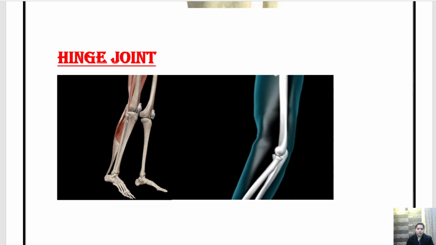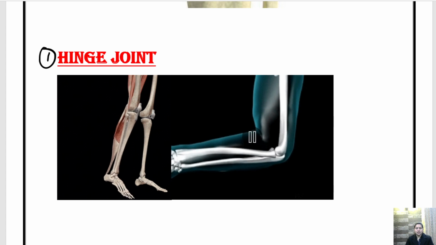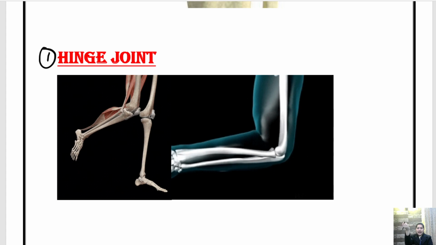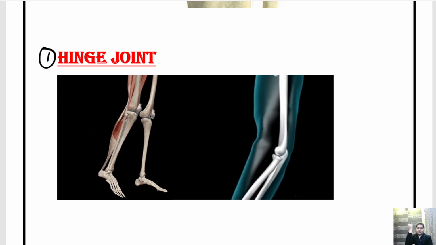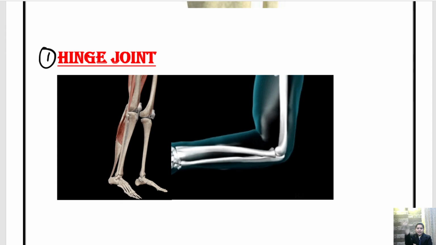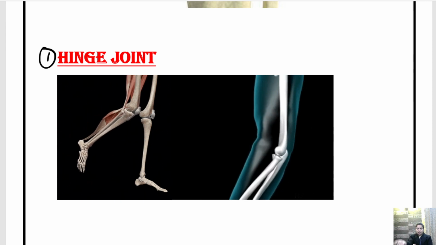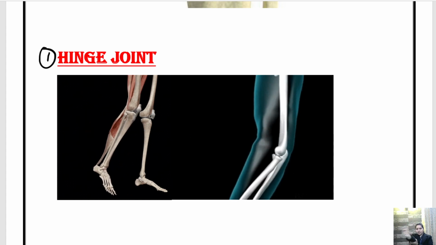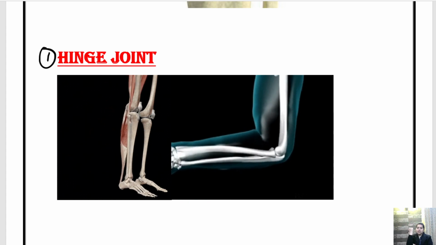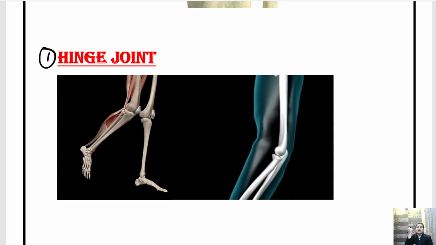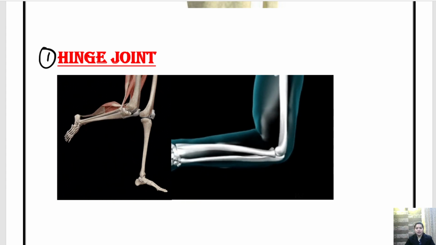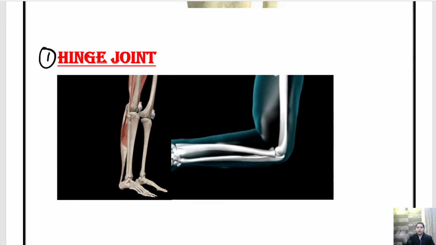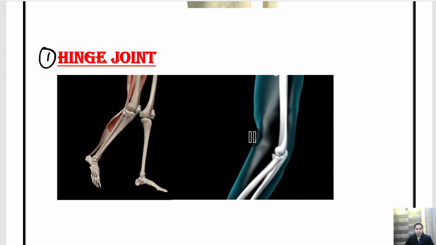So among these, first one is hinge joint. What is hinge joint? The joints present in our elbow and in knee. ये हम सिर्फ ऐसे मूव कर सकते हैं. ओके, इन 90 डिग्री मूव कर सकते हैं. क्या हम इसको पीछे मूव कर सकते हैं? नहीं कर सकते. क्या हम इसको रोटेट करा सकते हैं यहाँ से? नहीं करा सकते. So this type of joint is called hinge joint. हिंज जॉइंट, क्लियर, जिसमें ये मूवमेंट हो रहा है, this is called hinge joint.